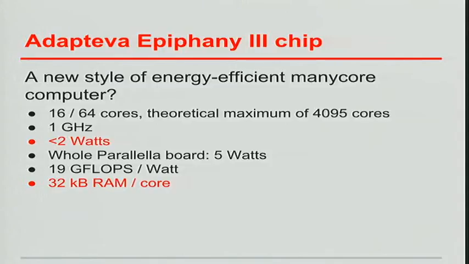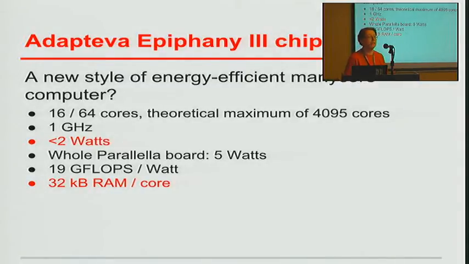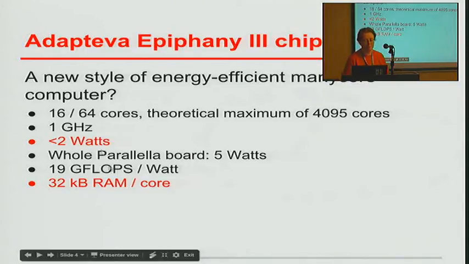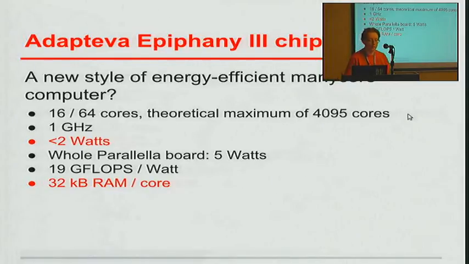So it's what's called a system on a chip, and I'm not a hardware person, so I'm not going to explain any of these things in great detail, but the manufacturer's design is such that the number of cores on that chip could be as many as 4,095, but they've only manufactured chips with 16 cores and 64 cores. It runs at about 1 gigahertz, and it runs at less than 2 watts, and it runs reasonably fast, but